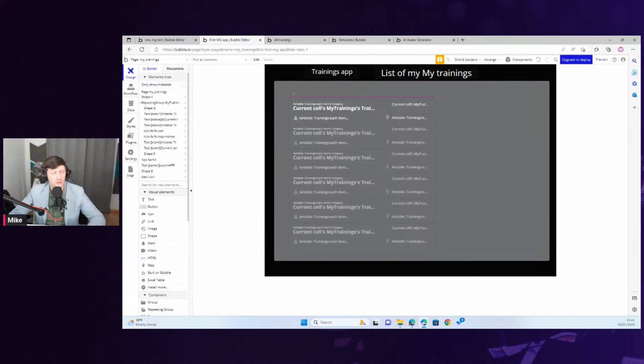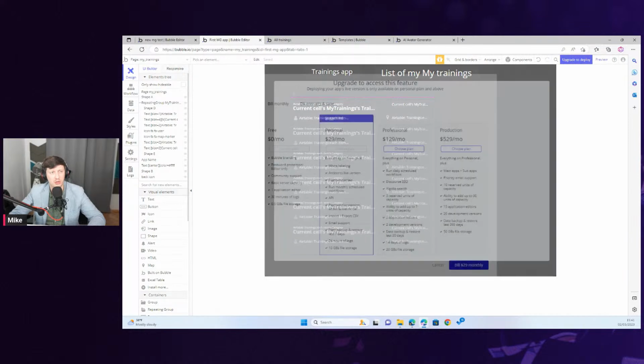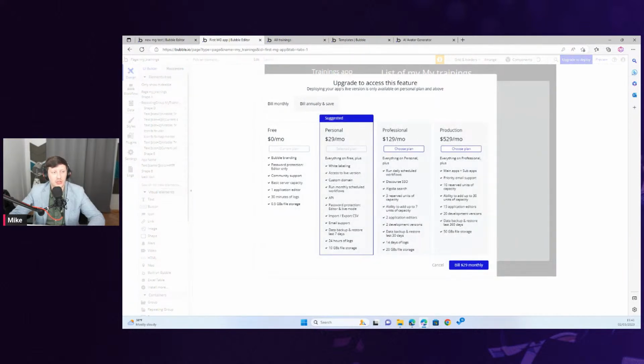What else can I say about Bubble? Deployment: because I used some API calls, I'll need a personal license to deploy it. But in Polish, we would call it an onion head.